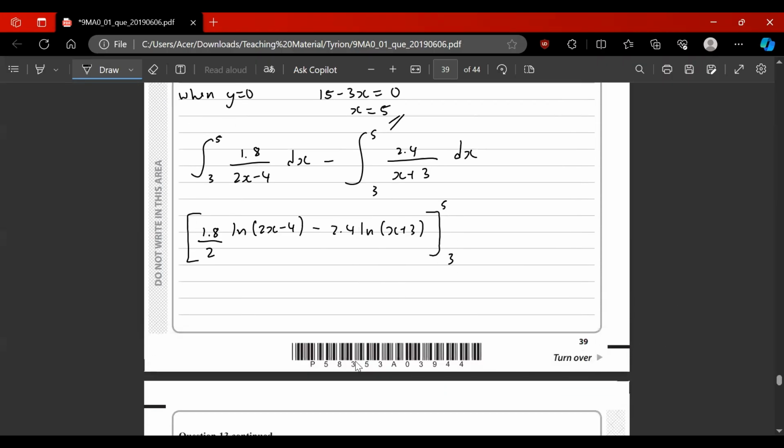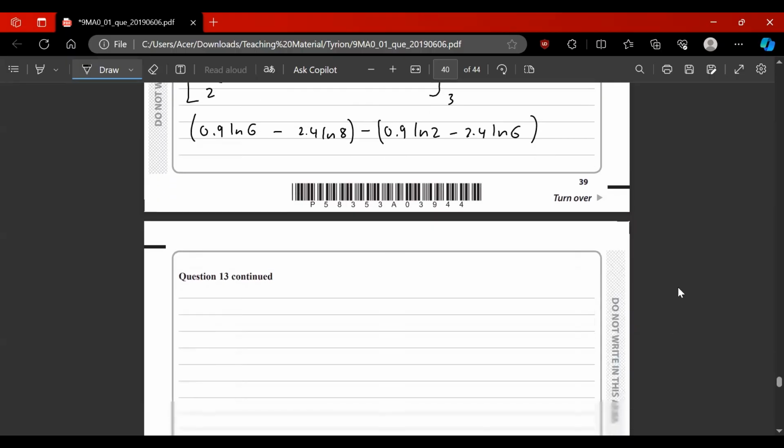So once you substitute in your limits, you will get 0.9 ln 6 for the first one minus 2.4 ln 8 minus, so this is, let's say, the first substitution. Then when you put in 3 here, you should get 0.9 ln 2 minus 2.4 ln 6. Right. So if we now simplify, we have two ln 6 terms. So if you look at their coefficients, this is going to become plus 2.4. So we will have 3.3 ln 6